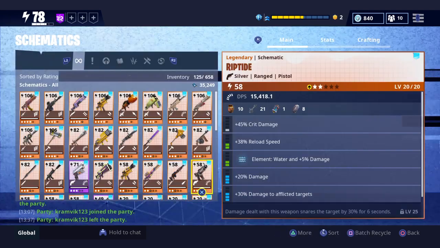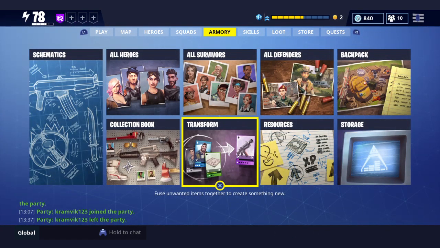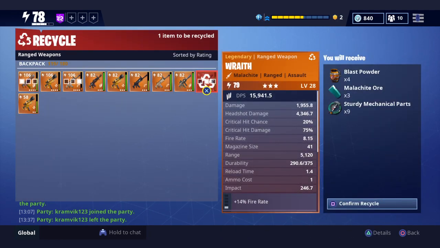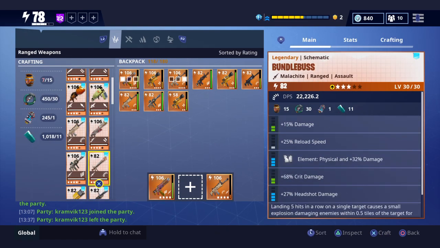No idea what I'm doing with that. But we have this Wraith, and it's only power level 82, which means I have one in my backpack. It's power level 79. Okay, we're gonna get rid of it, and we're gonna go and craft the power level 82 one, because the review has to obviously come